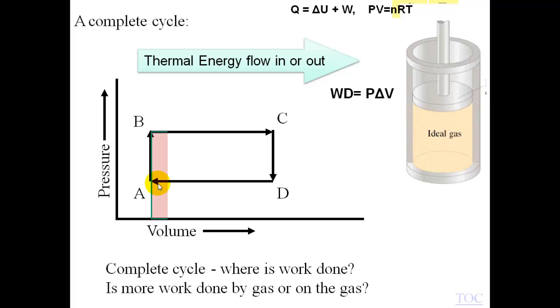Well, you remember, in going from B to C, the work done, P delta V, is going to be a large value because it's the area under the BC line. On the other hand, going from D to A, there's going to be a negative value because it's going to the left. In other words, the volume is being reduced, the work done is negative. So the difference is basically the area inside the